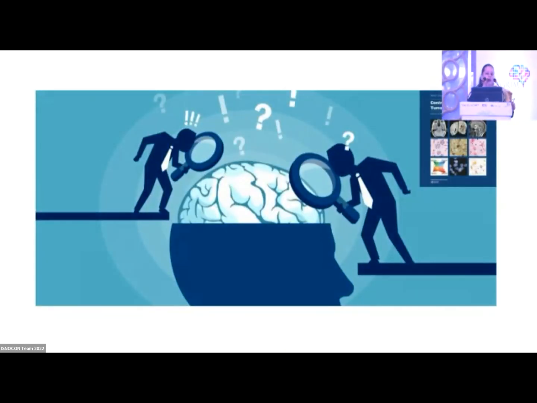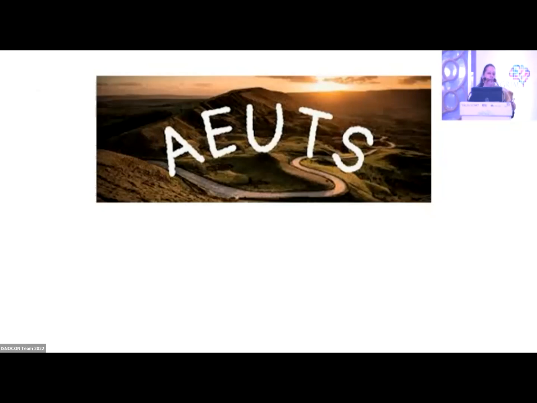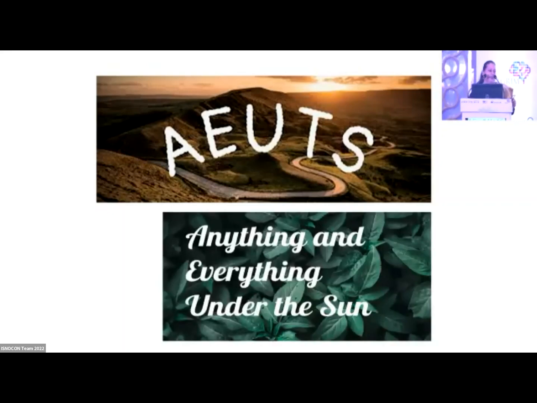However, from the neuropathology point of view, when I have a case in front of me for diagnosis, especially now as per the CNS5 classification, it may as well be for me AEUTS. Now, the ways of acronyms. So what does AEUTS stand for? Anything and everything under the sun. So you really do have to put on your explorer hat, so to say, and pack your bags with things according to the different terrain you'll be traveling on, and pick up clues along the way to reach your